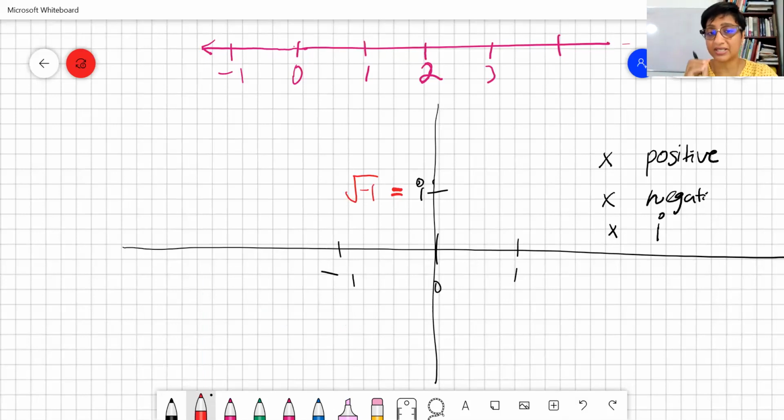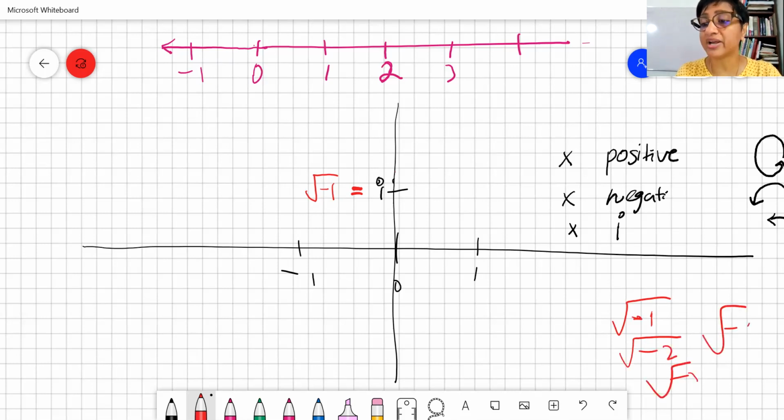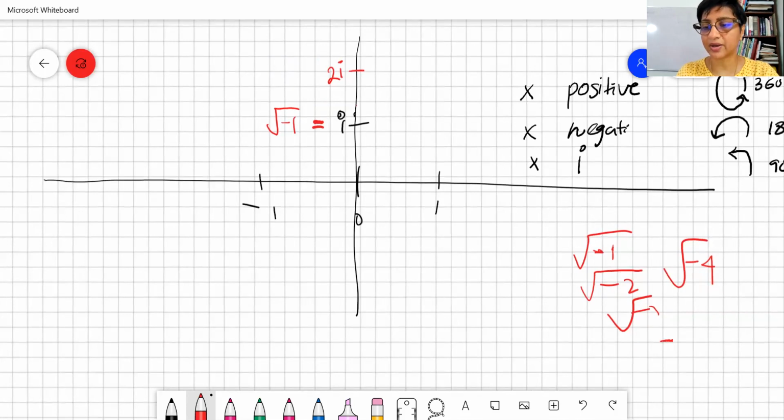If we can place that single number, then the square roots of all other negative numbers have a place on the same line. I will explain how that happens. If you want to think of the square root of any negative number: this is -1, square root of -2, square root of -3, square root of -4 is 2i, because square root of negative